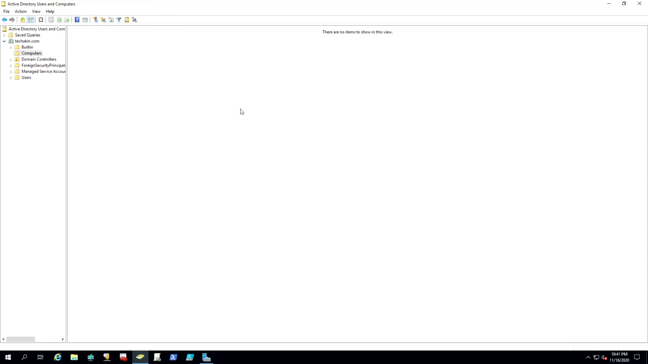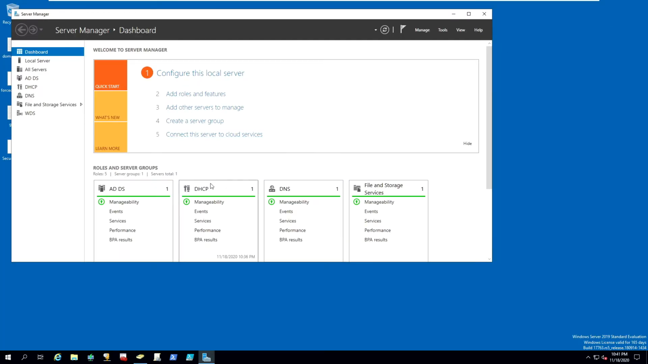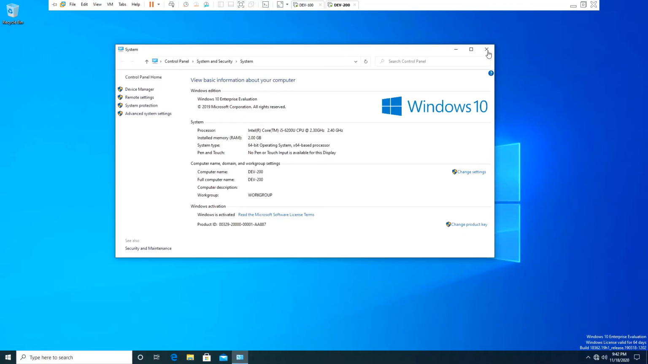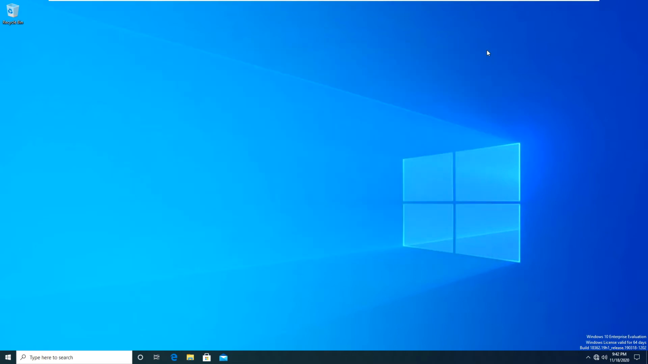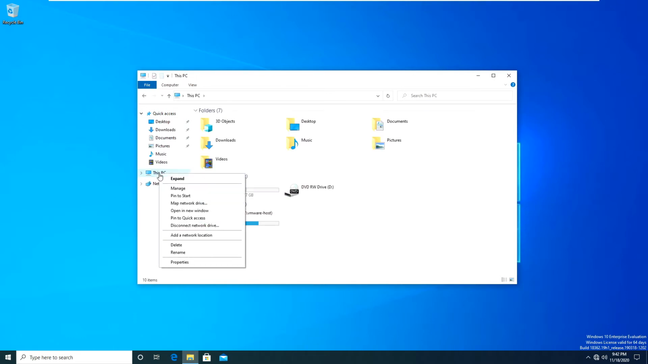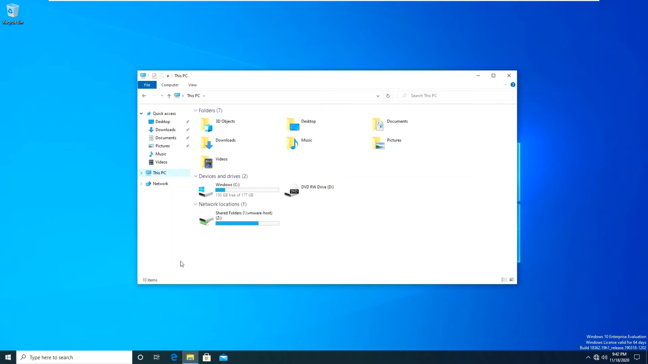So we're going to go to the Windows 10 and join it to this domain. It's going to be part of TechAkin. So let's go back to DEV-200 and I'm going to close this. To start, bring up our Windows Explorer, and right click on This PC, and go to Properties,